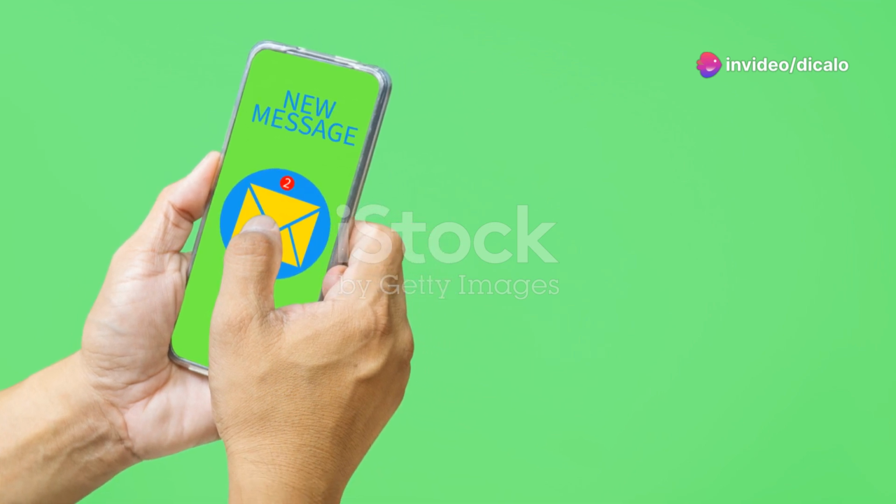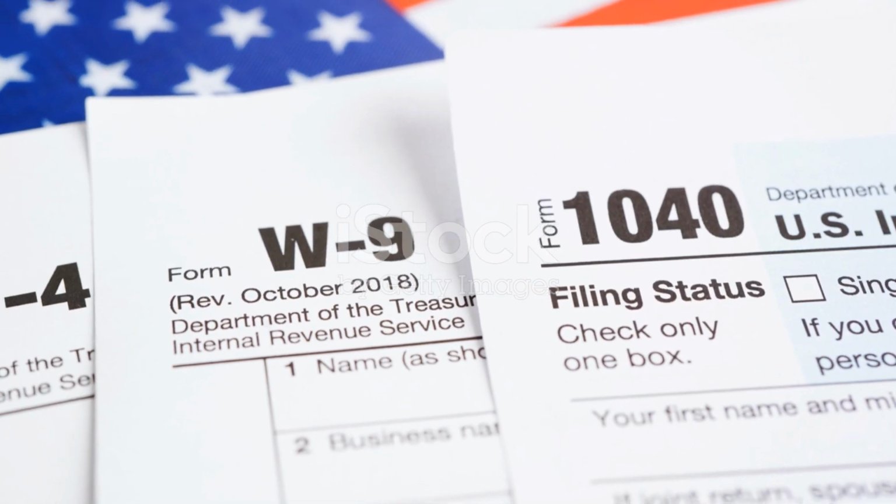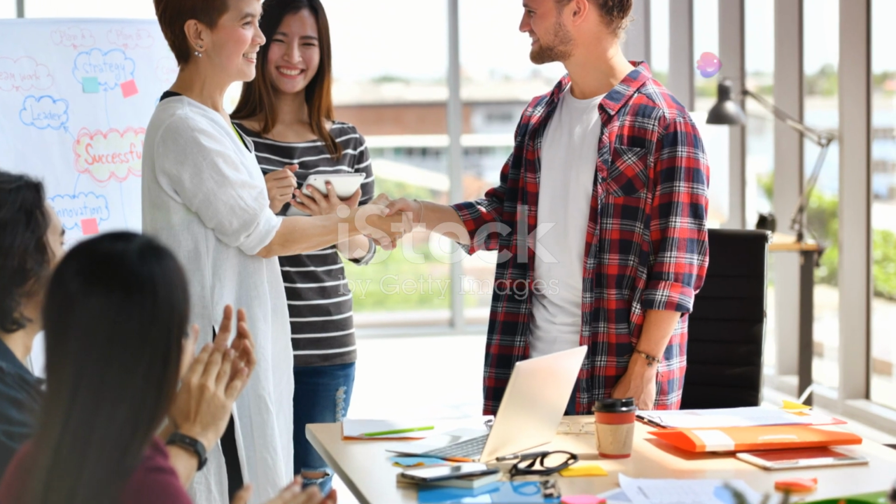And that's it. 6 simple steps to get yourself registered for UAE's 9% corporate tax. Remember, staying compliant not only helps you avoid penalties, but also positions your business as a trustworthy entity, so take